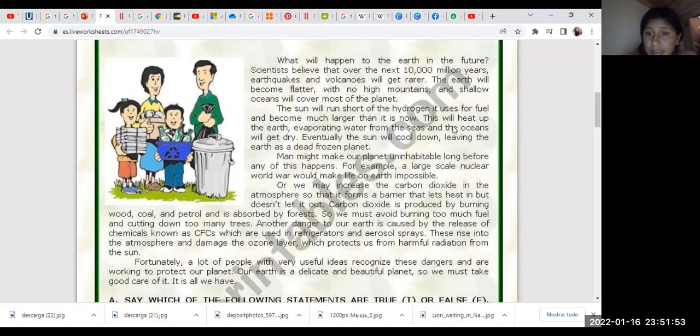Another idea, for example: the heat from the sun will evaporate water from the seas and the oceans will dry up.